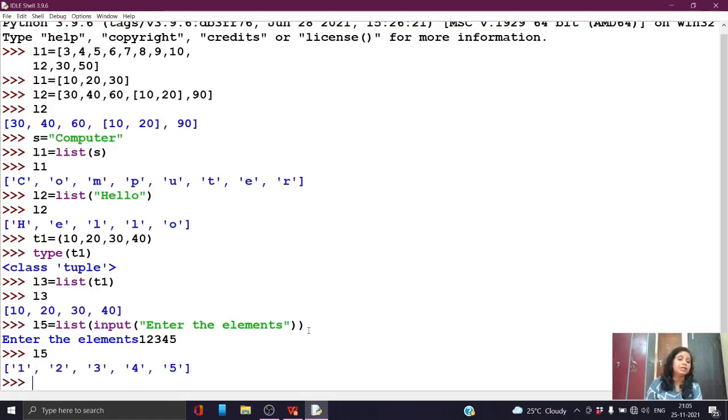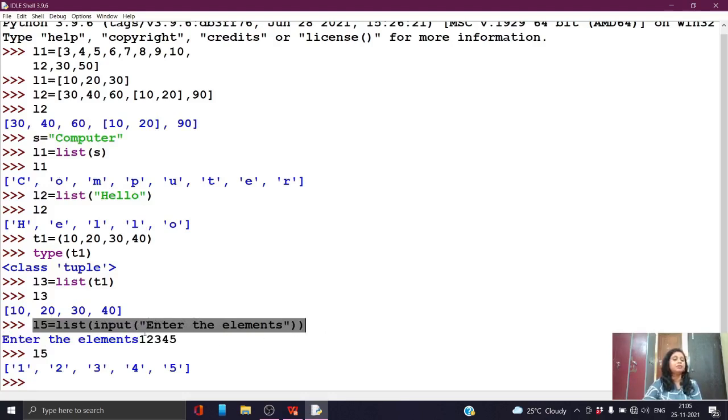That means when you use the input function with the list method, what you are actually doing is creating a list from the string only. Okay, this method creates a list from the string. So this one is one method, the second one is also one method, and the third one is that in this way also you can create a list from a string.